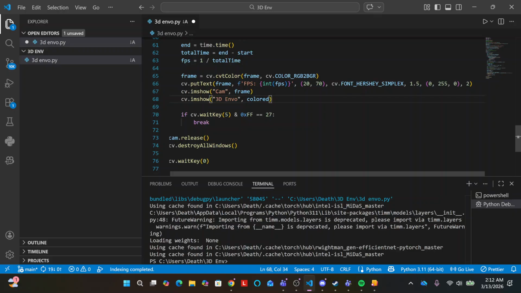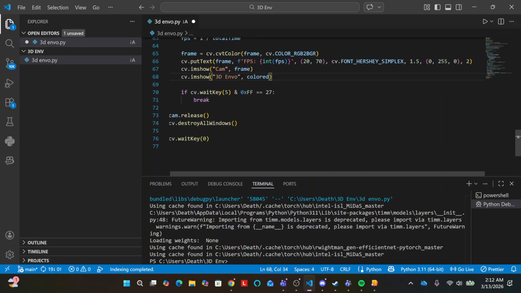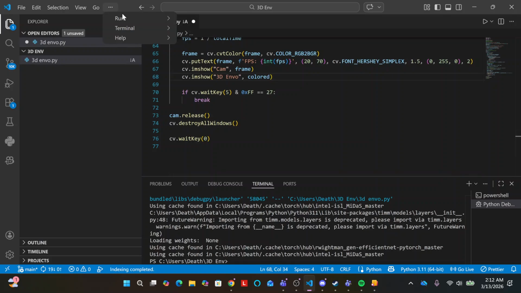And then we're going to do the same thing. We're going to use the escape key to break out of the loop. We also have cam release. We're going to destroy all windows, and we have CV wait key 0. And if we run this,